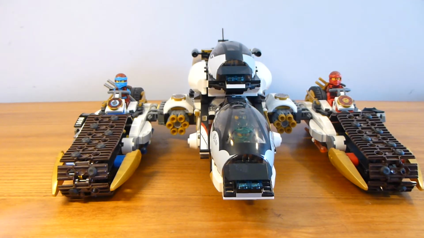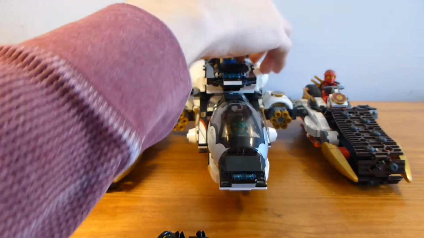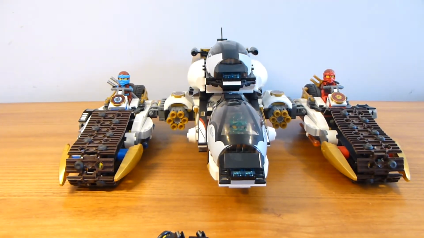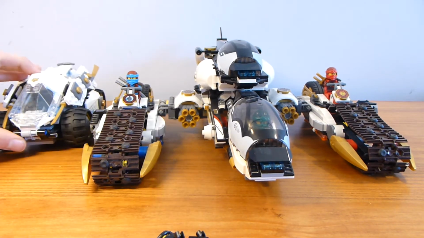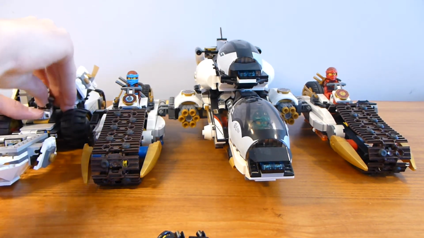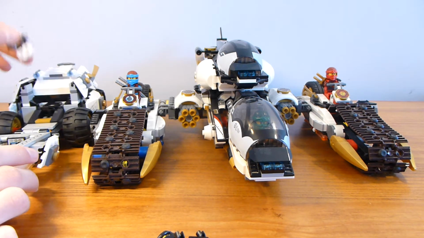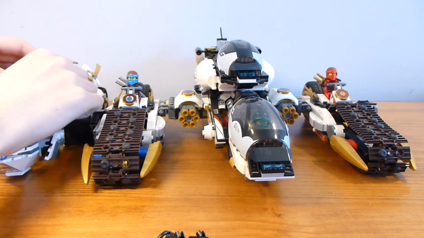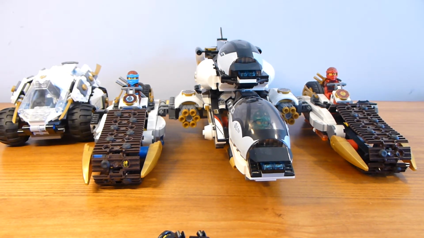Both of them fit. So they could all fit into the same Ultra Stealth Raider. But what actually happens is Cole and Zane both actually have their own vehicles. So Zane gets his Titanium Ninja Tumbler, and he can fit in there. However, not very well with his shoulder pad piece. You would have to remove those, or use the version they included in the set, which is what we're going to do. And Cole gets his Rock Rotor,